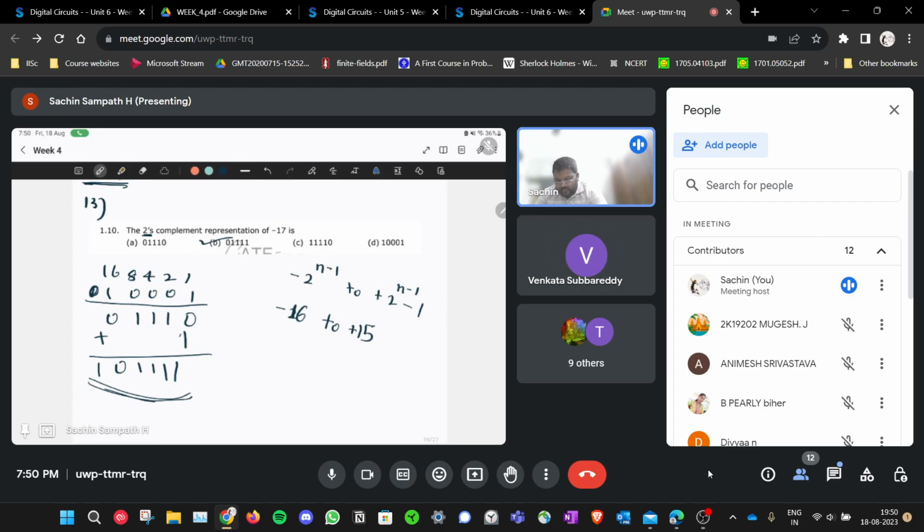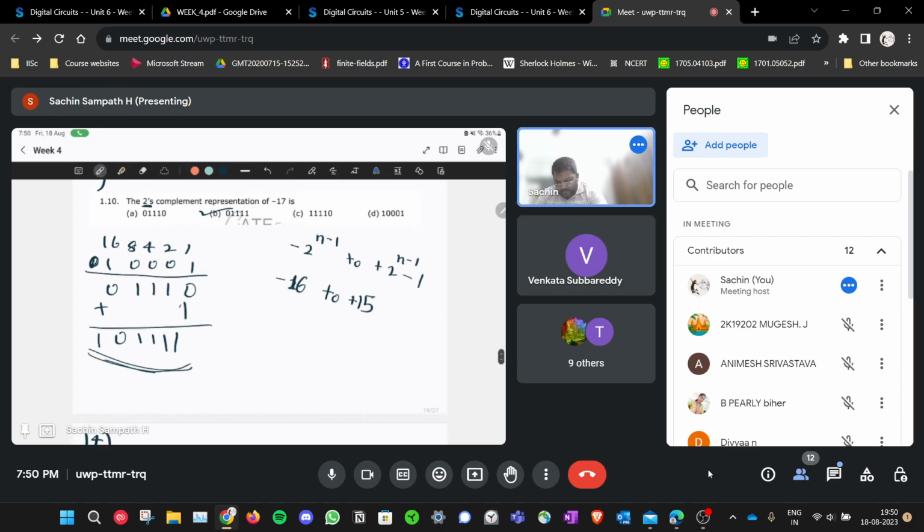See, what is 2's complement? You just subtract from 2 power n. If you have a number x, you subtract from 2 power n. And in binary, what does that mean? So x is say some 4-bit word, n is equal to 4. Then 2 power n